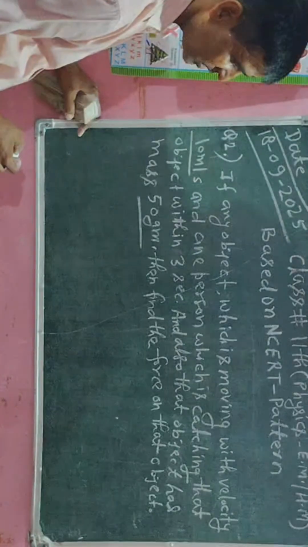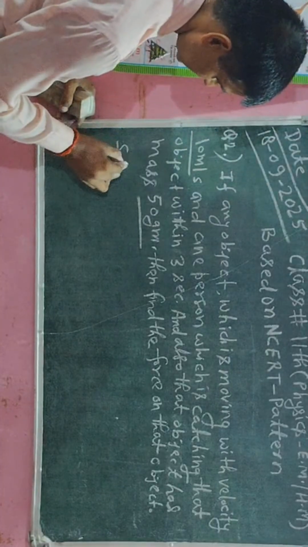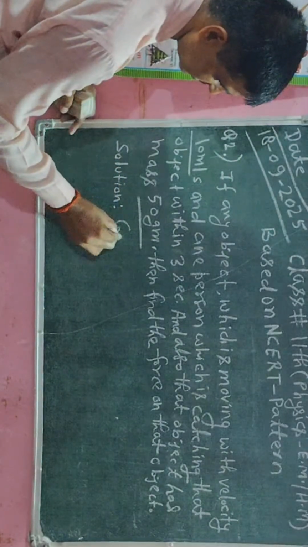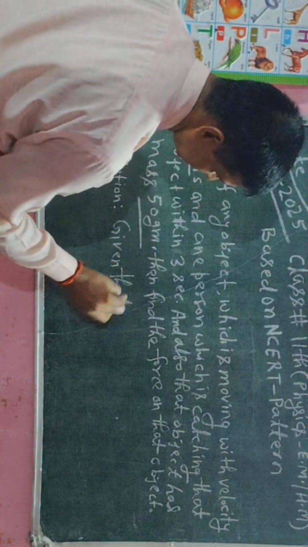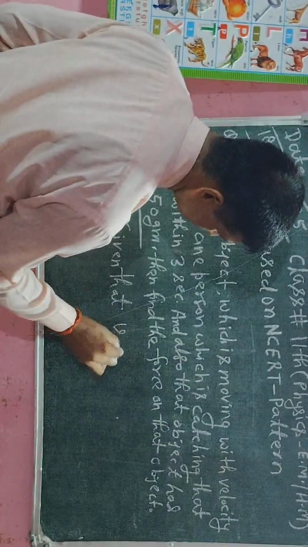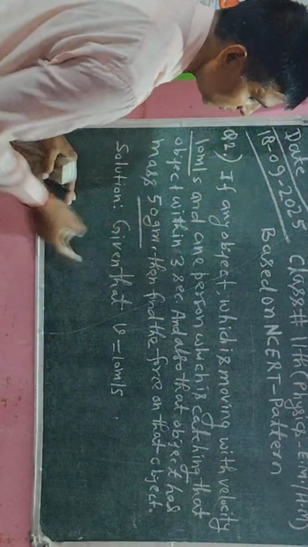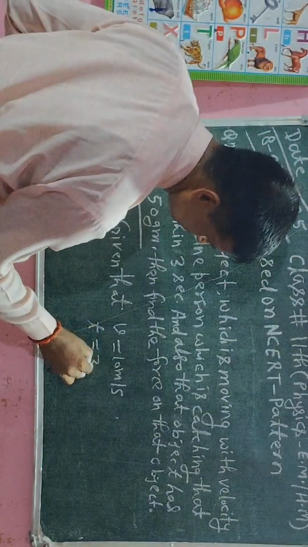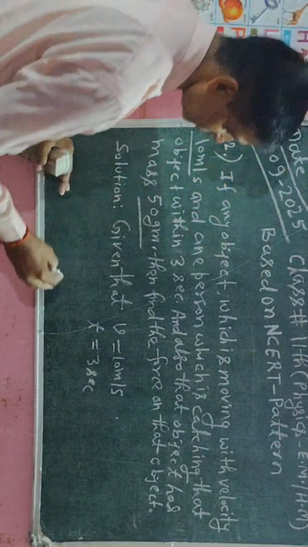So here I have to write its solution. First of all I write solution, and after that I have to write given. What is the meaning of given? Here I write the velocity v is equal to 10 meter per second as given. Now the person is catching within 3 seconds, so time is given here as 3 seconds. Now the mass of that object is